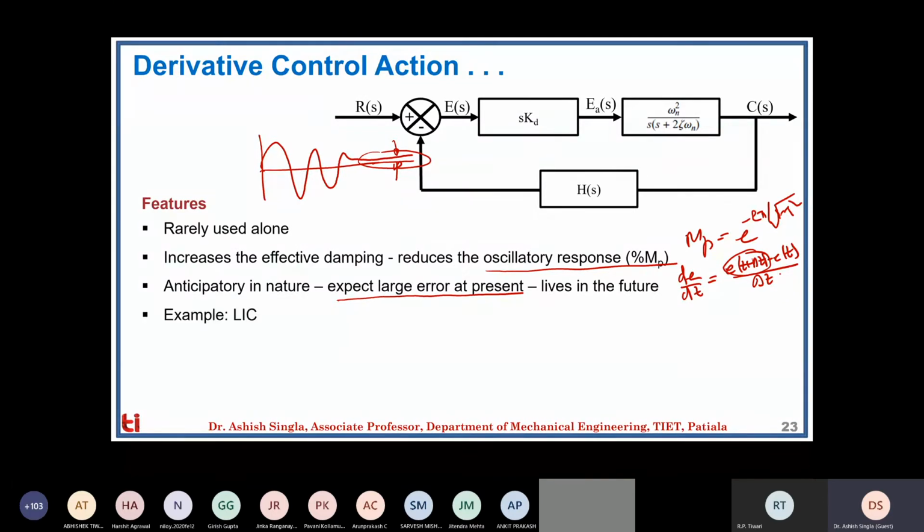So it's like our LIC policy. Why do we use this LIC policy? Because we keep on paying this LIC premium again and again every year, because we expect that something bad might happen with our car or with our life. So let's take a corrective action, right?